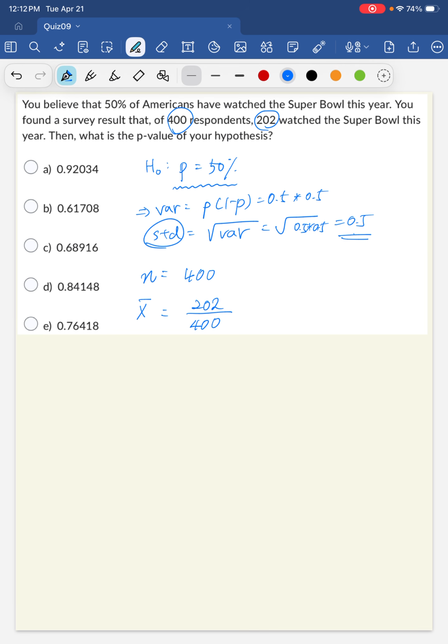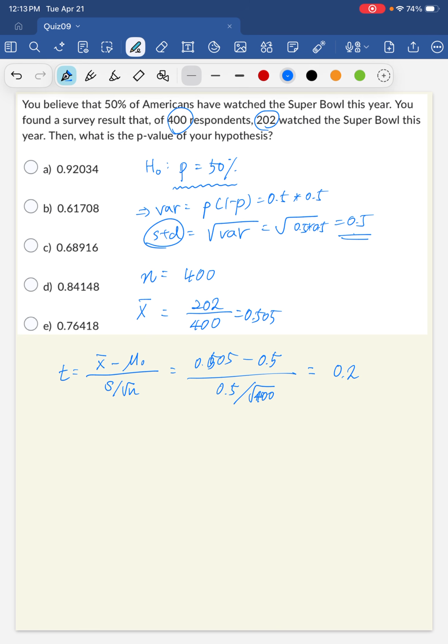Okay, now you're ready to calculate the t-statistic. The t-statistic is x bar minus mu 0, which is the difference between the estimate and your hypothesis, divided by the standard error, right? We are ready to plug in all the numbers. We know all the numbers. So this is 0.505 minus your hypothesis of 0.5, the standard deviation is 0.5, the sample size is 400. Okay, so you can calculate them. Then you will get a